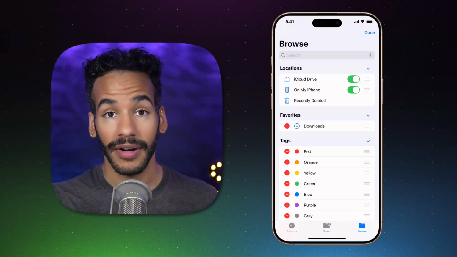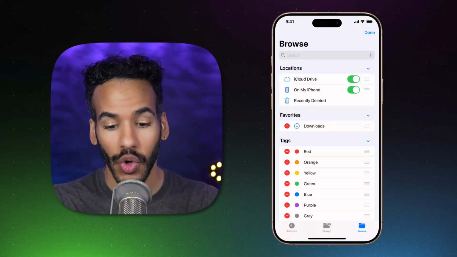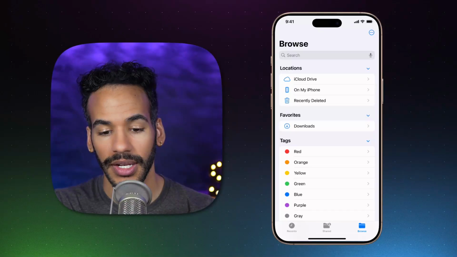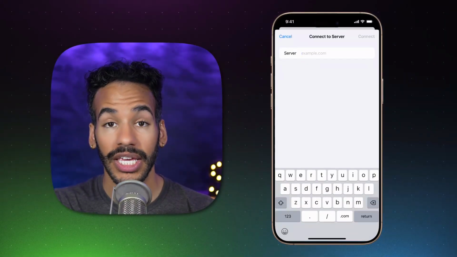Those will show up here. If you use the Adobe Suite and you have an Adobe Drive, that can show up here as well. So those will show up in the Locations section. Now, finally, if we tap those 3 dots and we choose Connect to Server, here is where we could type